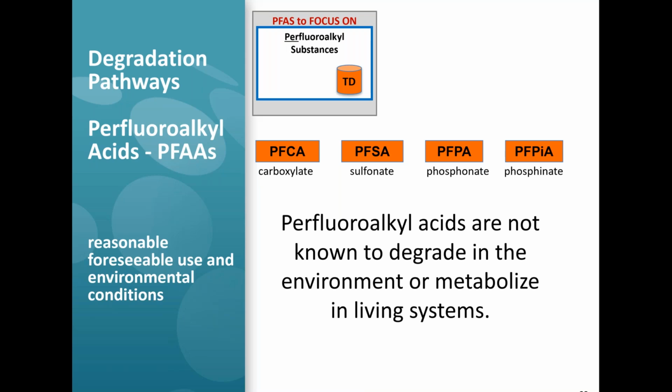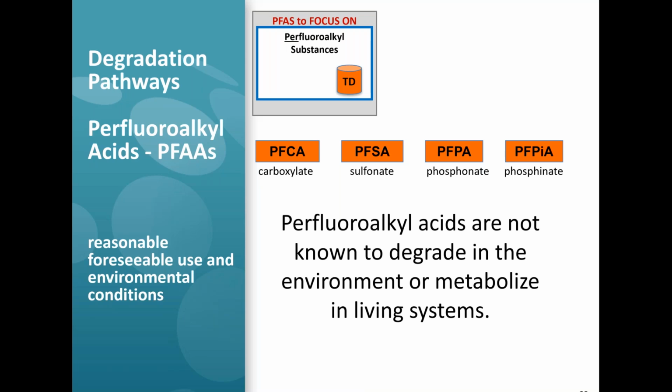And Steve mentioned earlier in some of the processing of things that those kinds of temperatures are reached. And in fact, there are published studies, for instance, showing that the ECF-based materials that might lead to things like PFOS or the sulfonates, when you incinerate them, they do degrade. So it's hence my point earlier about why these are the kinds of things to focus on and those substances that can degrade to form them.